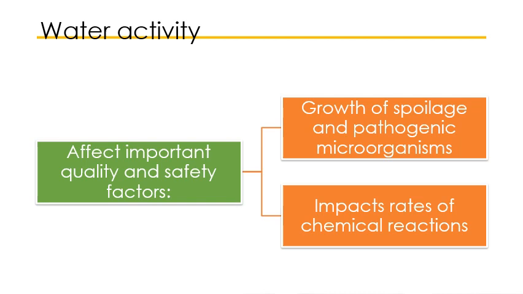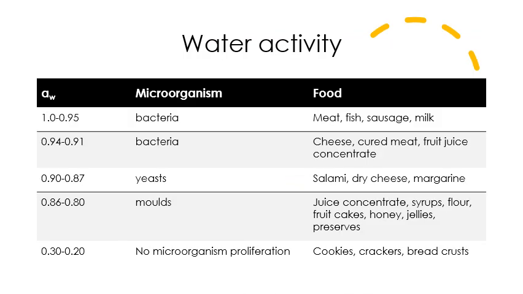For example, water activity can indicate whether the food may be favorable for growth of spoilage and pathogenic microorganisms, and also it will tell the rates of chemical reaction. This table just shows you a general water activity and at what specific range is favorable for the microorganisms to flourish. If you look at bacteria, it can flourish from 0.94 up to 1. So most of the